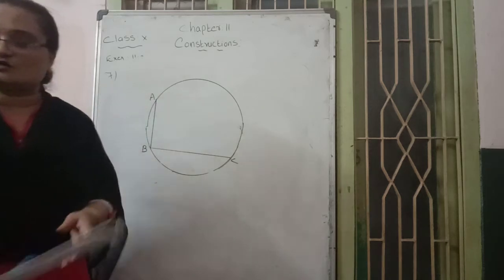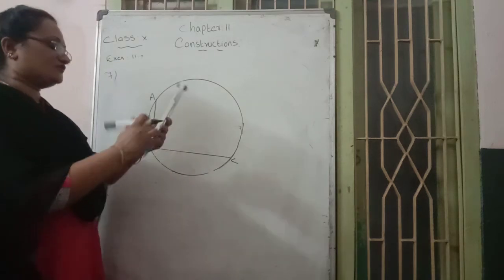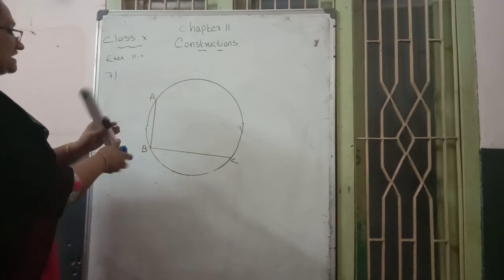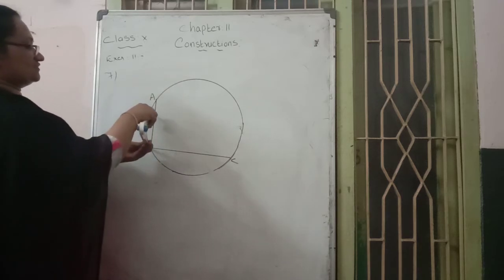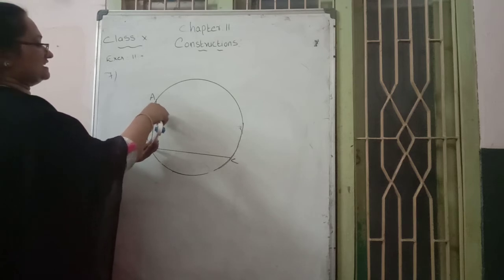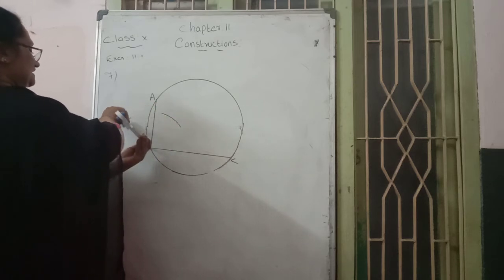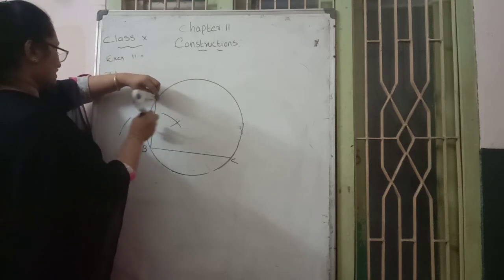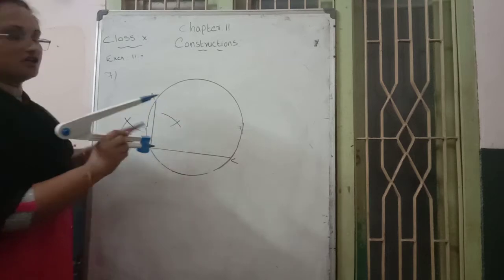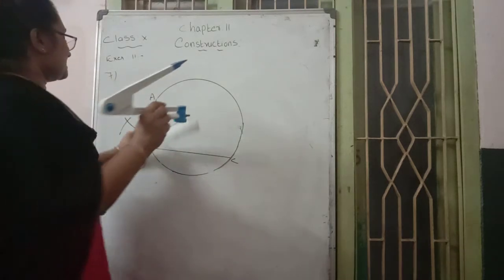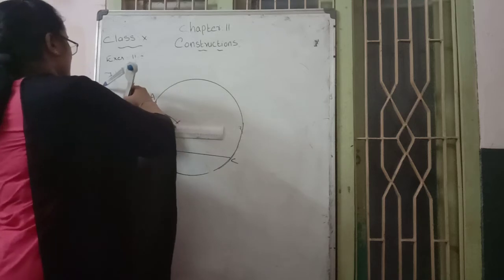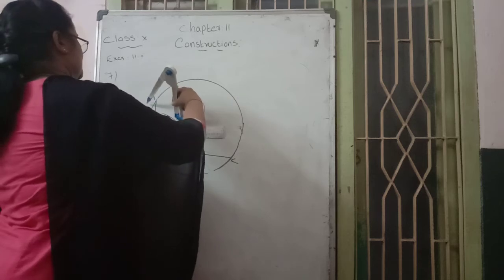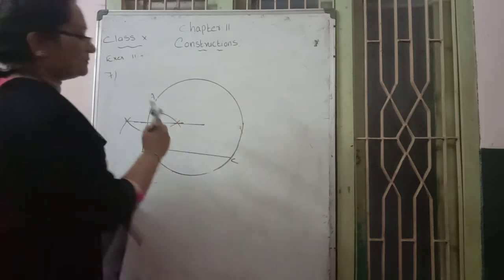Perpendicular bisector, how to draw? Take more than half of that line. In the AB case, more than half means in this way. Then draw an arc with B as center, here on the right and left. Then same way with A as center, draw the opposite arcs. Join the intersecting points of both arcs with a straight line. In this way, a straight line for the AB chord.